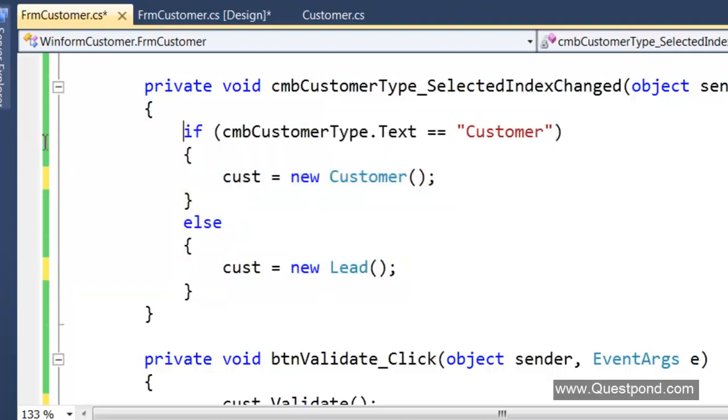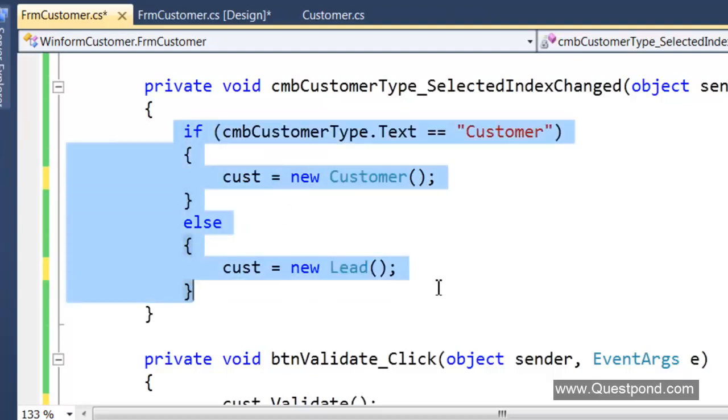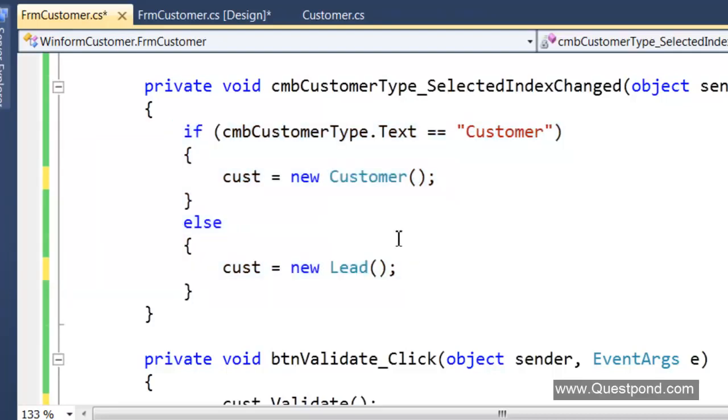Now, in order to remove this if condition from here, what we really need to do is get rid of this new keyword. Remember, what is the whole goal of this exercise we are trying to do? Removing if conditions, or removing the strongly typed classes, right? Or concrete classes. The goal is that when I go and add a new customer type, I shouldn't be making changes here. So if I don't want to make changes in my UI, then I need to get rid of these final classes or concrete classes, right?